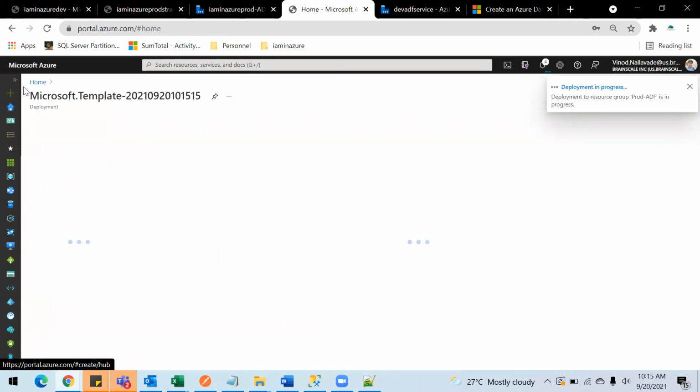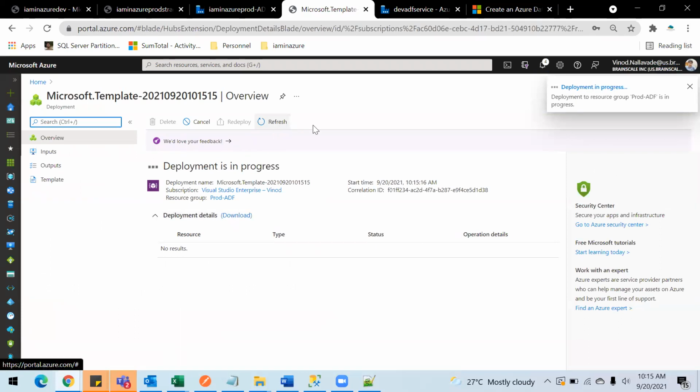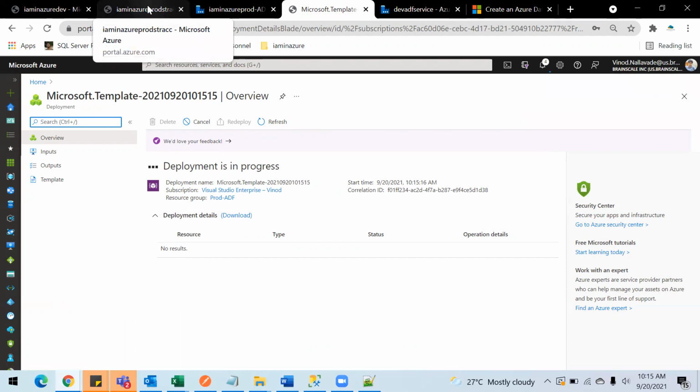This will start the deployment of your pipeline inside your new data factory service, in which it will create a pipeline, then the datasets, then the linked services. So let's see how it goes. The deployment is still in progress.